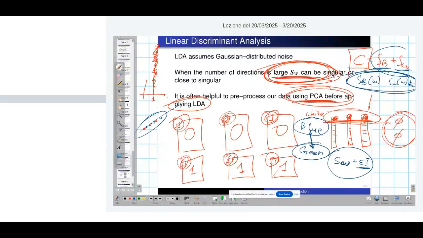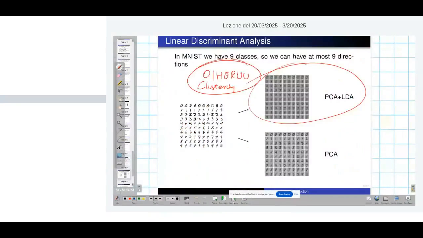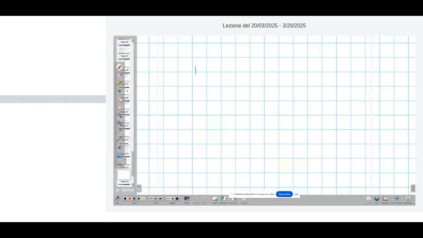Again, this is something that we will not need for our project. And for the laboratory, just a thing to know that there are numerical approaches to also address the case where SW is singular, but SB is not. When both are close to singular, it means that the dataset over the direction has low variance, so probably applying PCA is helpful. Now, one thing that we can say more, and that also gives us some additional information on PCA,